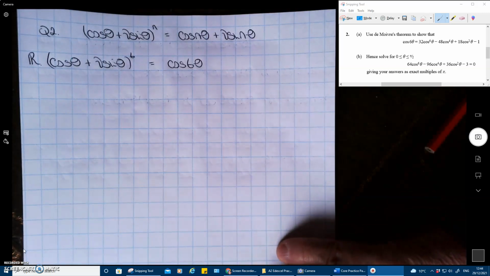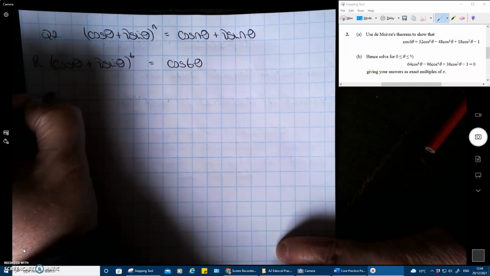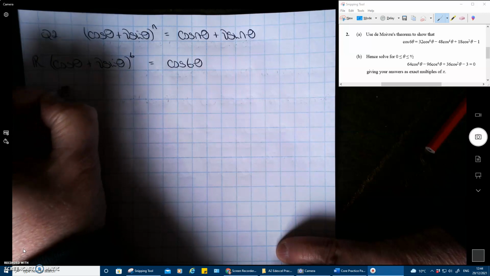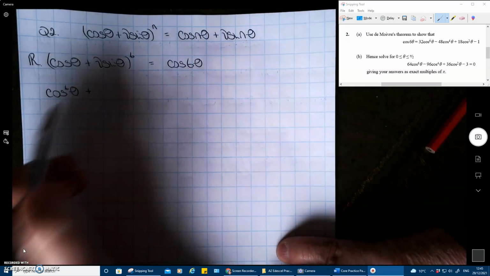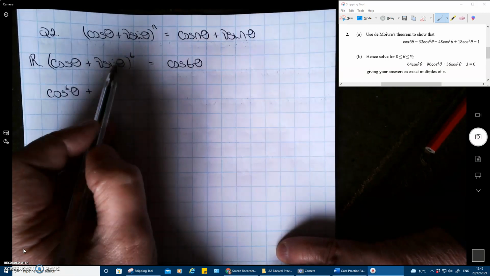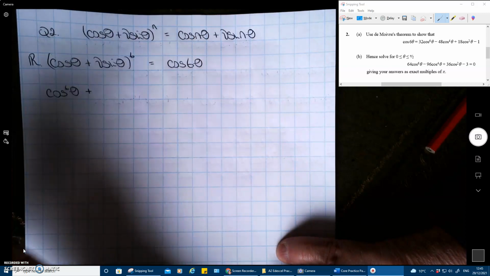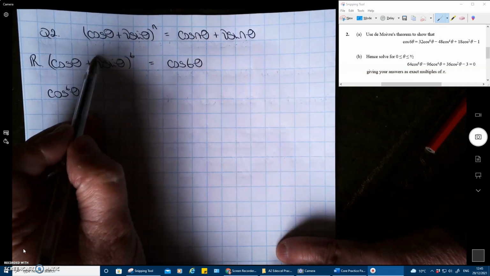So if I expand the left hand side, I end up with cos to the power 6 theta. The second term I don't want because I'm getting cos to the 5 theta times i sine, so it'll be an i component. So I'm looking for even powers, because then the i's will be i squareds, which is minus 1,